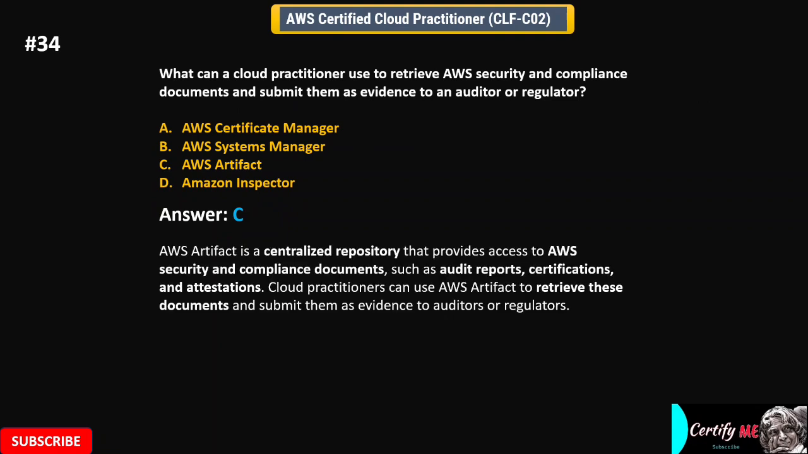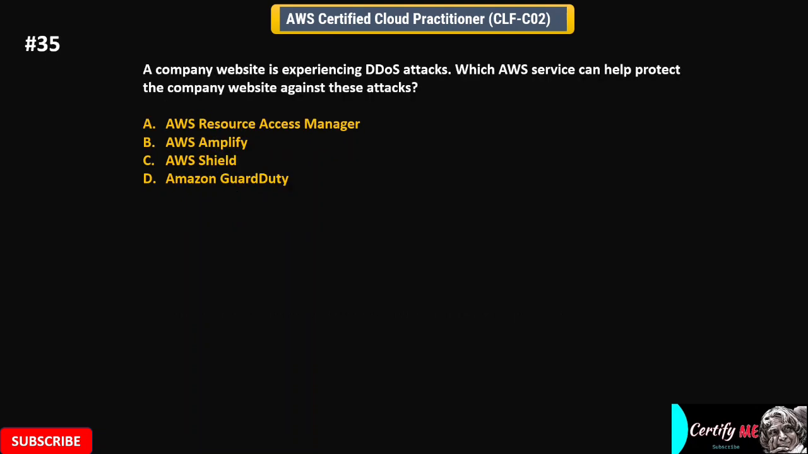AWS Artifact is a centralized repository that provides access to AWS security and compliance documents such as audit reports, certifications, and attestations. Cloud practitioners can use AWS Artifact to retrieve these documents and submit them as evidence to auditors or regulators. Next question. A company website is experiencing